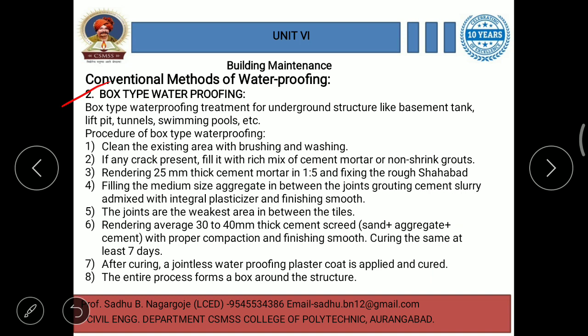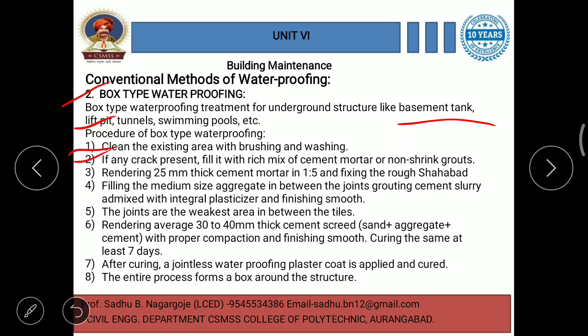Then the second conventional method of waterproofing is box type waterproofing. Box type waterproofing treatment is for underground structures like basement tanks, lift pits, tunnels, swimming pools, etc. For this type of structure, this is a very suitable method. Clean the existing area with brushing and washing first.